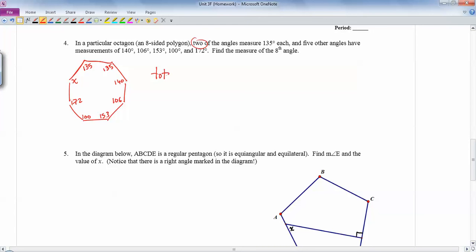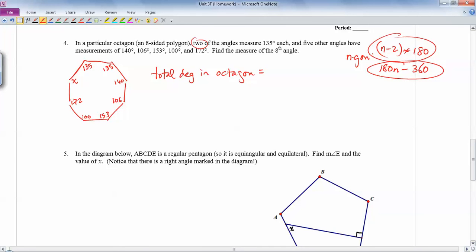So first, total degrees in an octagon. Remember, for an n-gon, n sides, the total degrees would be n minus 2 times 180. Or if you did it the other way, 180n minus 360. Either one of these is okay. So let's do the n minus 2 times 180. N is 8 because it's an octagon. So this is going to be 8 minus 2 times 180, which is 6 times 180,